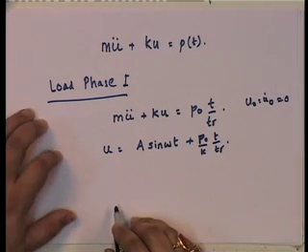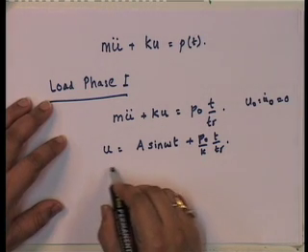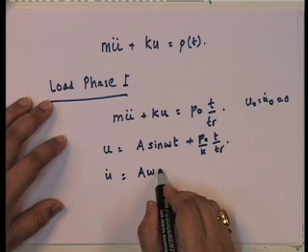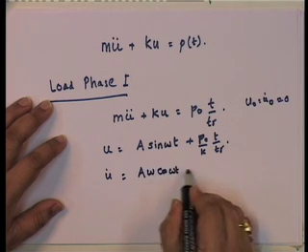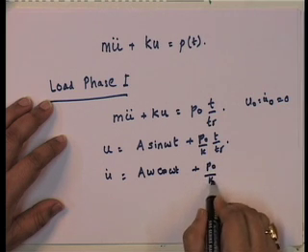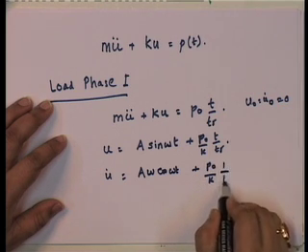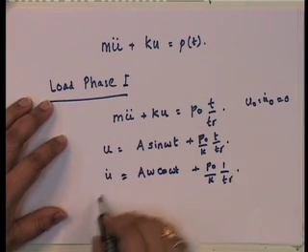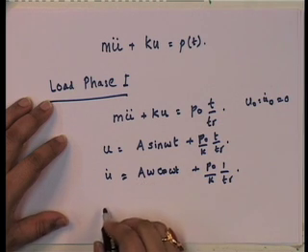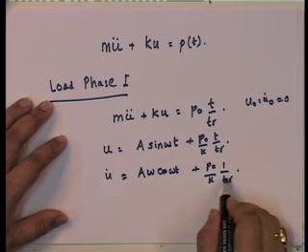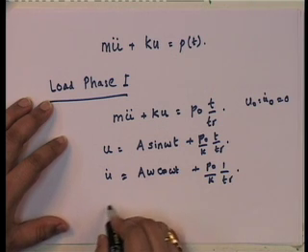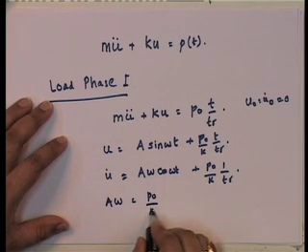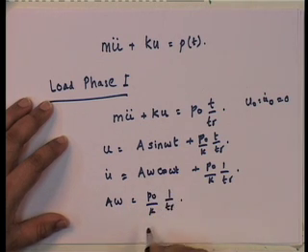Plugging into u dot, which is equal to A omega cosine omega t plus P naught upon k into 1 upon T r, essentially A omega is equal to minus P naught upon k into 1 upon T r,